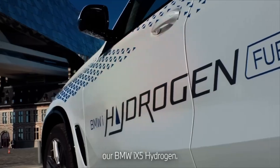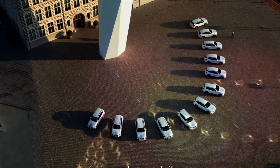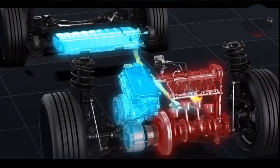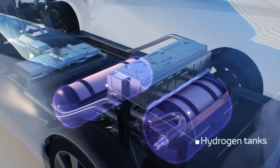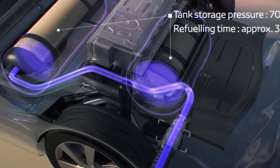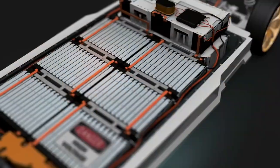Hydrogen fuel cell vehicles, everything you need to know. You've likely heard a lot about electric vehicles lately, as well as news about legislation to reduce carbon emissions from vehicles. But there's another kind of zero-emission vehicle, one that emits only water vapor as it carries you down the road. That's the hydrogen fuel cell vehicle, related to an EV but with specific differences that make hydrogen cars different